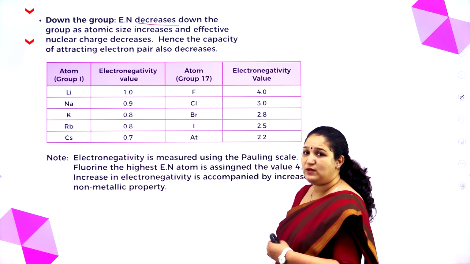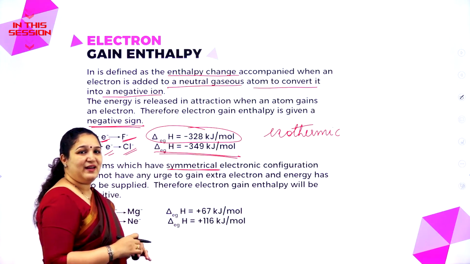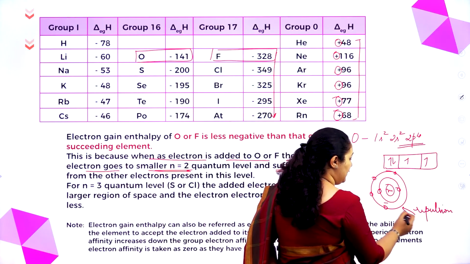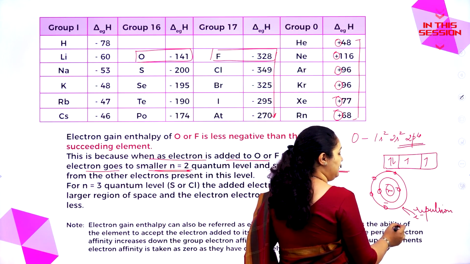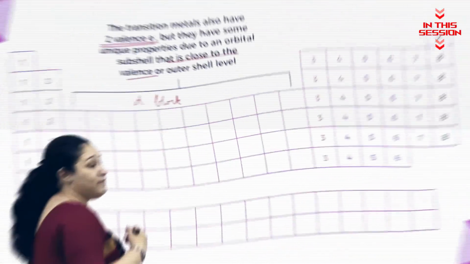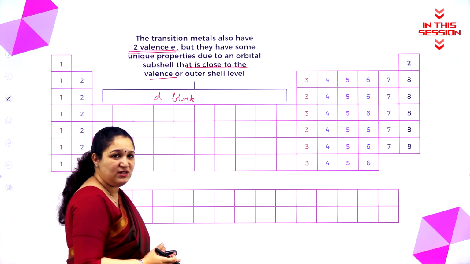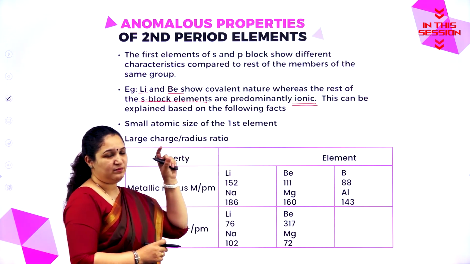Hello my dear students, what is electronegativity? Due to which even the electronegativity also decreases as we move down the group. They do not want to take an electron. This is also negatively charged. Coming electron also is negatively charged. The number of shell remains the same. There is no change. Variable valency, or they show different oxidation states. Group 1 you have lithium, group 2 you have beryllium.